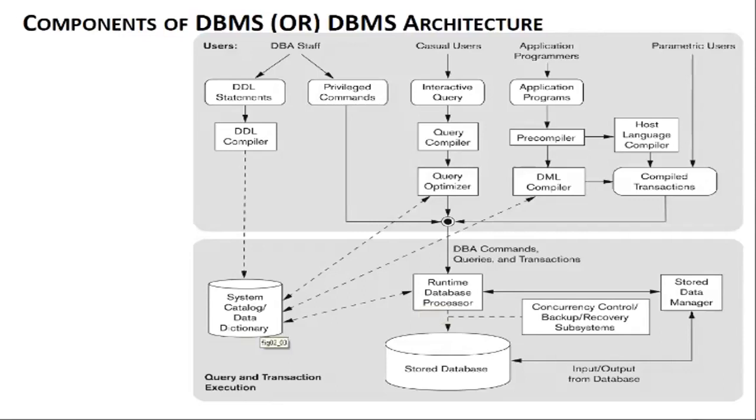For example, if you create a student table, the student table schema and the other details will be saved in the system catalog. And if you send any query for accessing your student table, the schema will be checked. Based on that, the particular query will be executed, right? The schema will be checked mainly in the query optimizer or at query compilation time. Even during runtime, it checks whether the schema and the other details are matching.